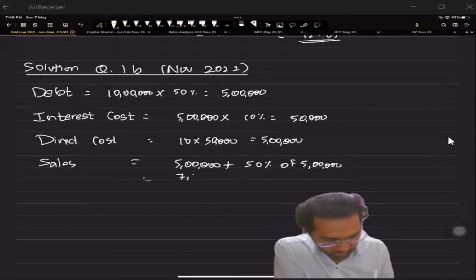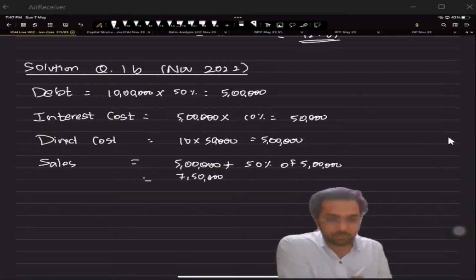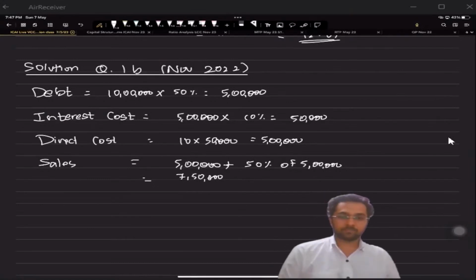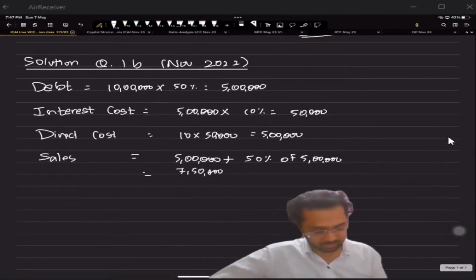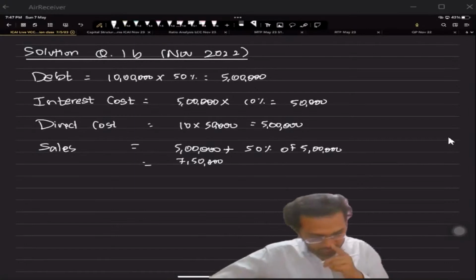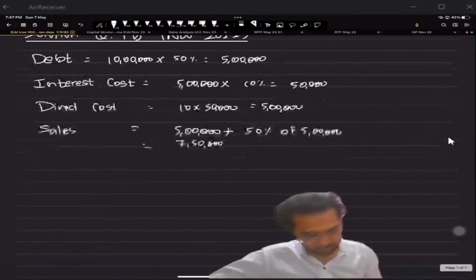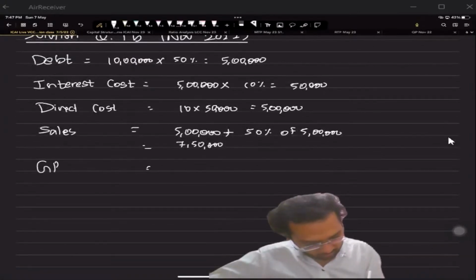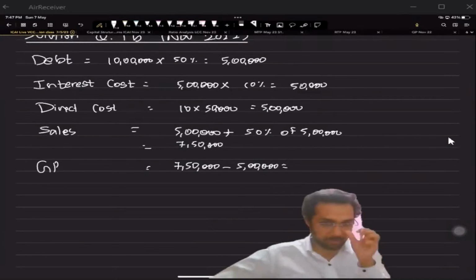So that's 7 lakh 50,000 sales. And you get the GP as 7 lakh 50,000 minus 5 lakh, which is